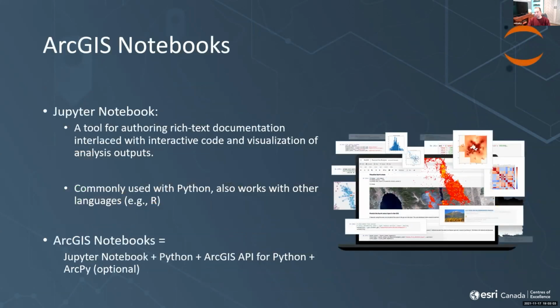in the same domain, but a little more interactive and advanced is the use of ArcGIS Notebooks. So this is a combination of Python with the ArcGIS API for Python in a Jupyter notebook where you can interlace live code, interactive visualizations of the input-output data, and rich text and multimedia to give a narrative that surrounds the code that you have in your notebook.